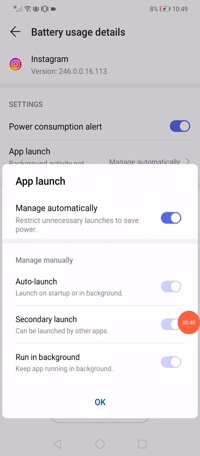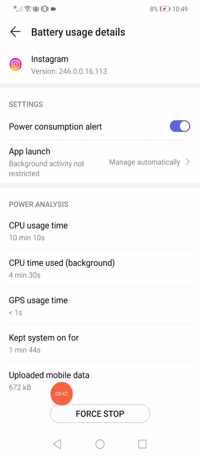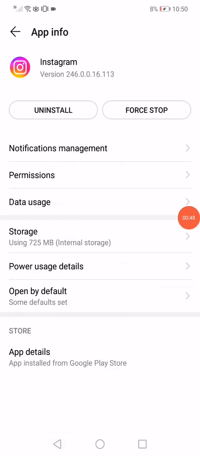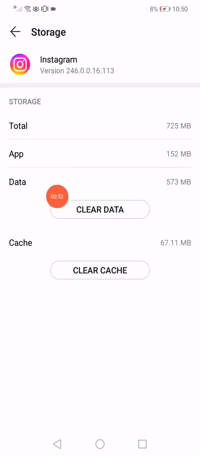Go down, click on OK, and then go down here, click on this force stop to stop the power analysis options on Instagram, and then go back, click on force stop, go down to the storage, click on the clear